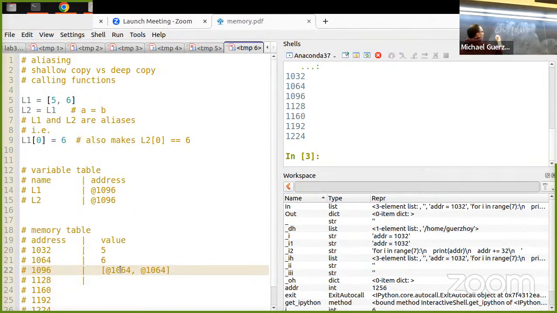Then I'm making L2, and L2 is not its own separate list. L2 is also this.